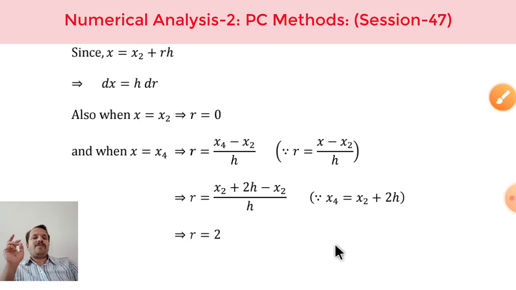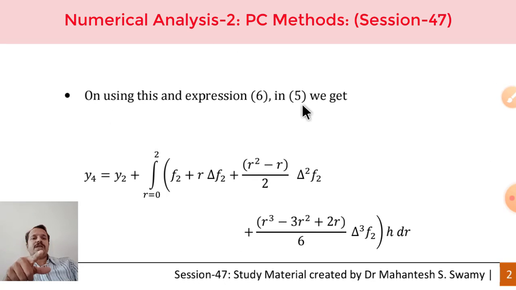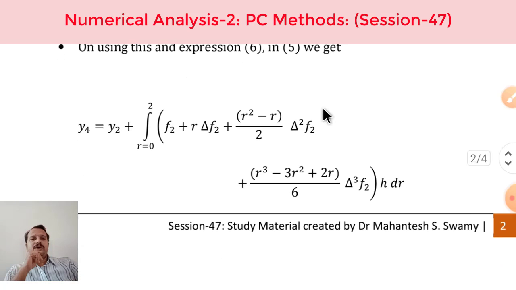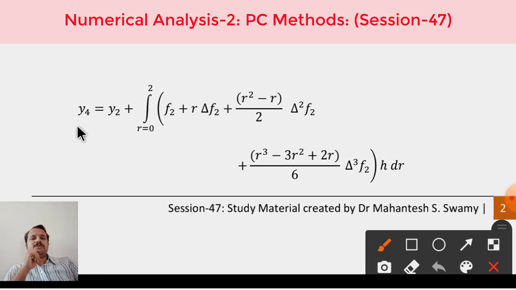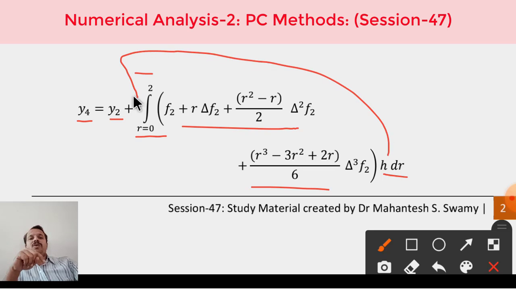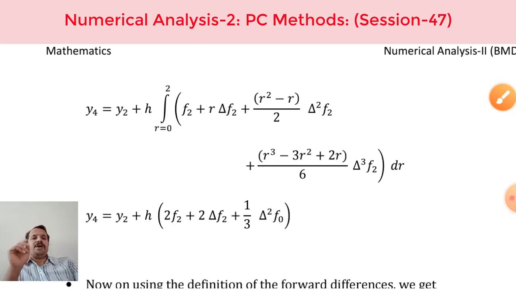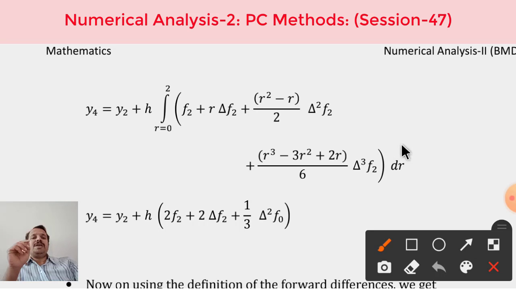So I got the value of the integrand, that is the polynomial, and I can substitute it in the integral which I have shown you in equation number 5. So therefore the integral will now take this format. y4 is equal to y2 plus integral from lower limit r equal to 0 to r equal to 2, and the integrand is totally the interpolating polynomial with the variable r, and the integration is actually h dr now. In the next step I don't want h here, I will take it out of this integral. Only that thing I will do in the next step, nothing else. Only that I have shown over here. h has been taken out. Now what is the remaining thing? Remaining thing is to integrate.